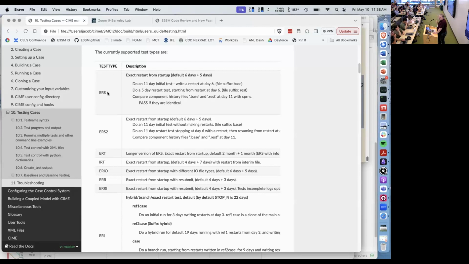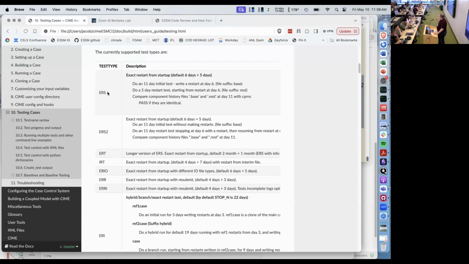But we do want the model to be able to do certain things to make development and running of the simulation possible. And one of these is what's called exact restart. Restart is a concept you've probably already been familiar with. Basically, if you're doing a long run of 20 years, let's say, in a submission that takes 24 hours, but maybe you're not allowed to run for 24 hours, so you have to do it in 2 10-year chunks. Well, those 2 10-year chunks should give you exactly bit for bit identical answers as if you ran the thing for 20 full years.